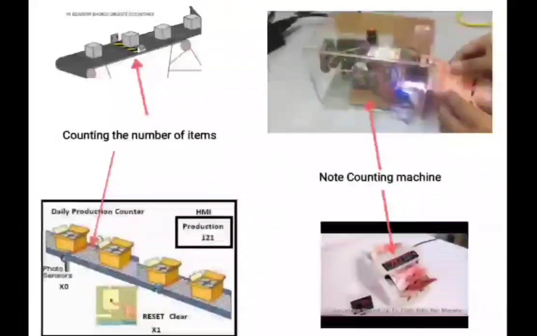In the same way, we can easily count the number of items by using a photodiode. Here, the light source and photodiode are fitted in such a way that if the light beam breaks, the counter gets 1 increment and counts the items. The same technology is used in banks for note counting. It is so quick, so exact. For each and every note there will be 1 break, 1 make.